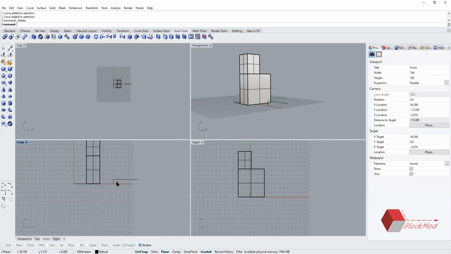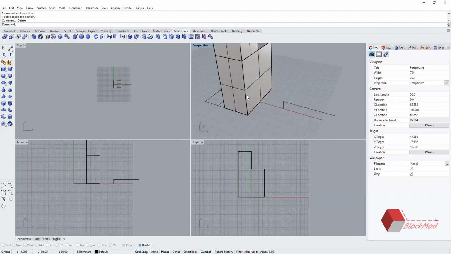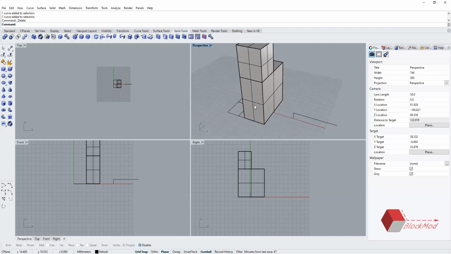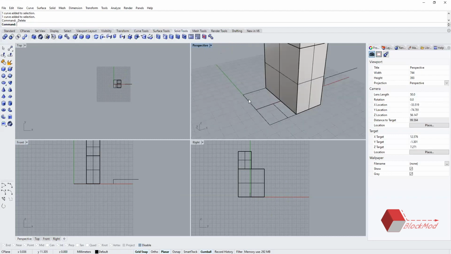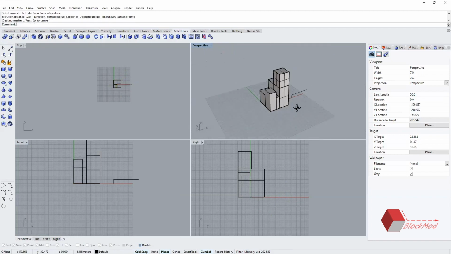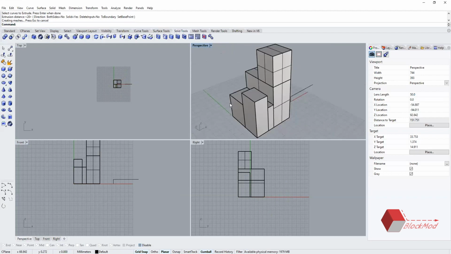So now, if you just think of it in this way, this is something that we created out of a plan, right? Now I'll just extrude everything so that a basic massing is created. I'll just randomly extrude this. Okay. Now,